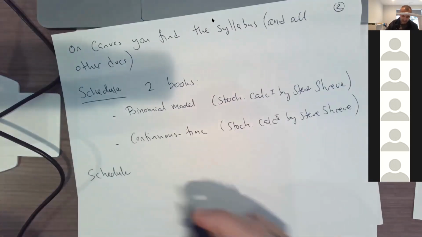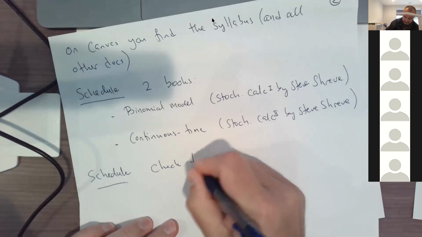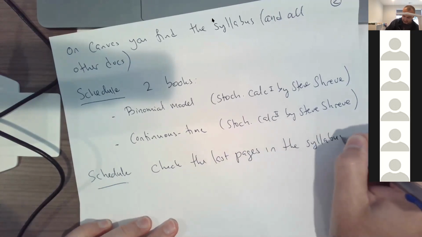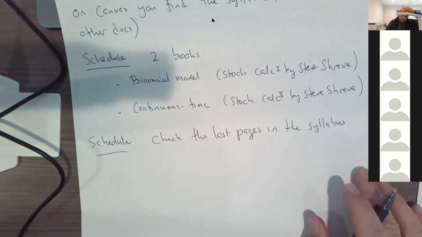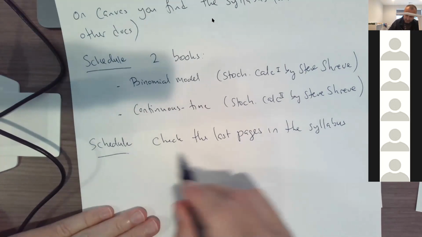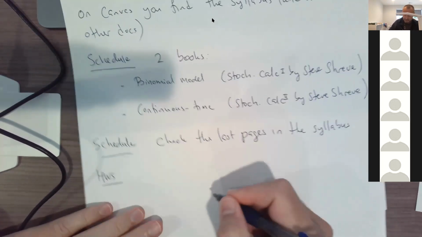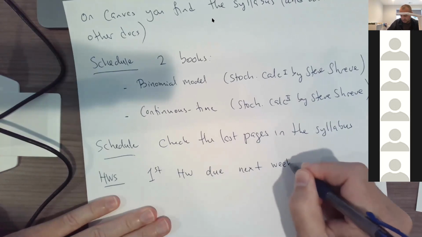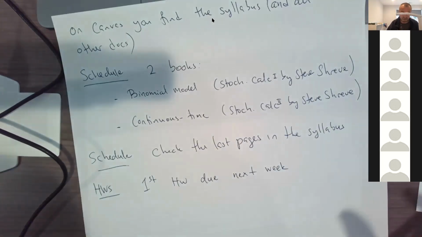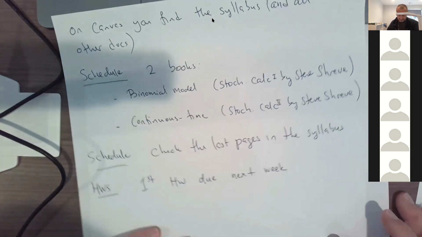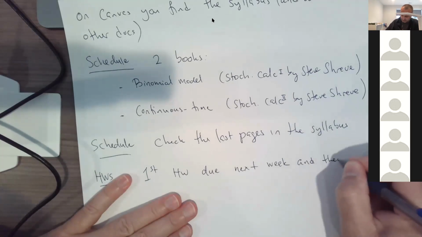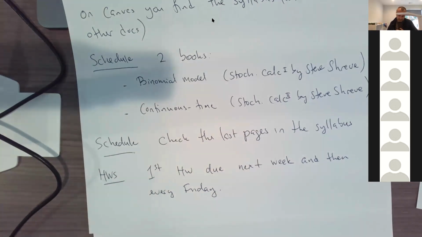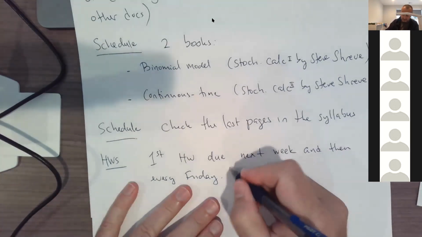And so here in the schedule, check the last pages in the syllabus. So about the homework: 2 books, schedule, check the last pages of the syllabus, and then something about the homework. The first homework is due next week, in what would it be, 12 days, and then every Friday. Here in the beginning,